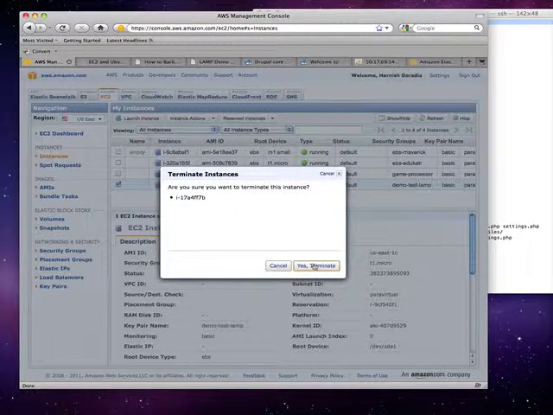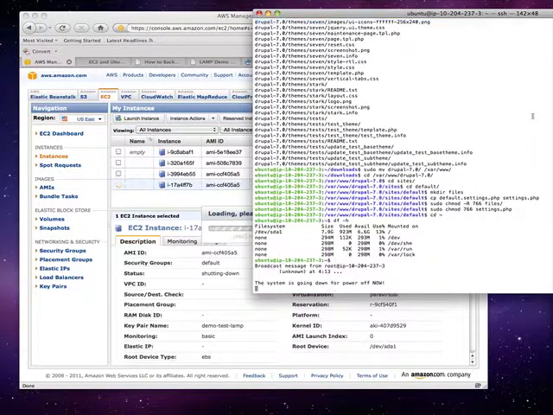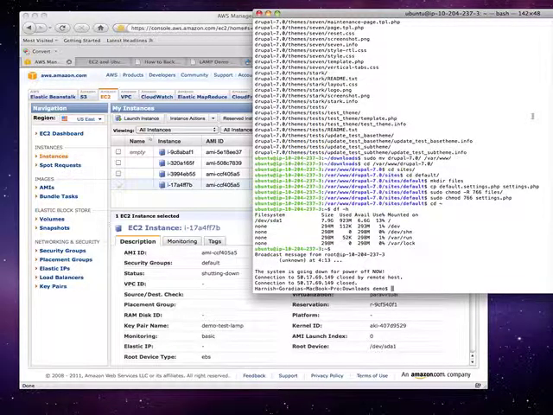Don't use micro instance, that's all. No, any instance. This is true of any instance. Look at what happens here. Look at what happened there. The system is going down for power off and it's killed. If an event like that happens, if you have not saved your EBS volume, you're done. The machine is gone. It was in ether to begin with. It is lost in ether to end with.